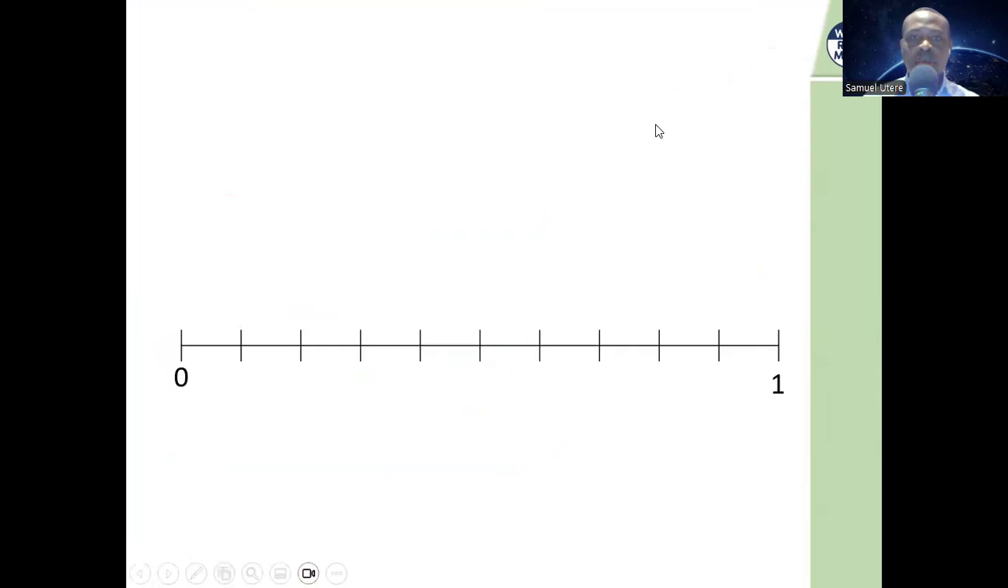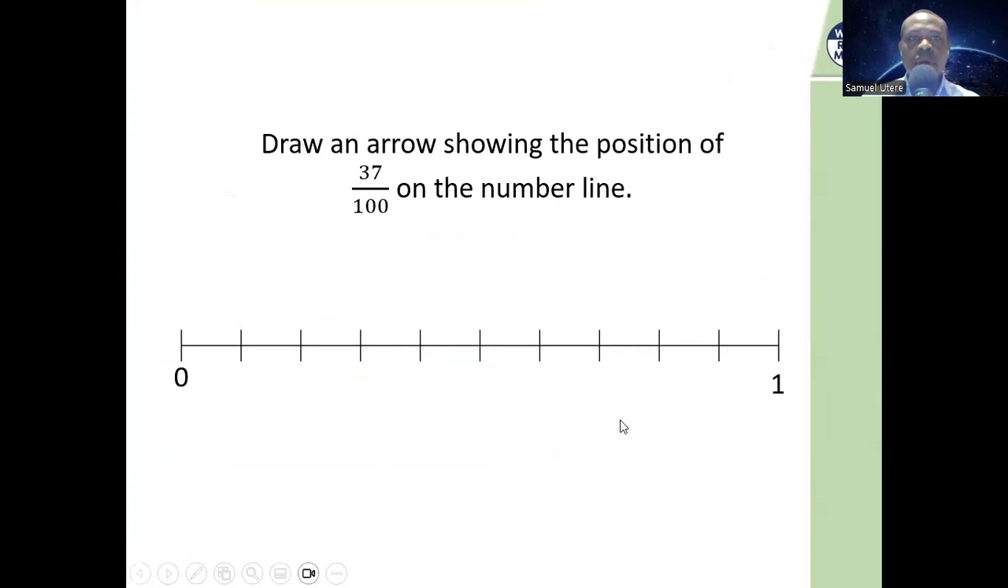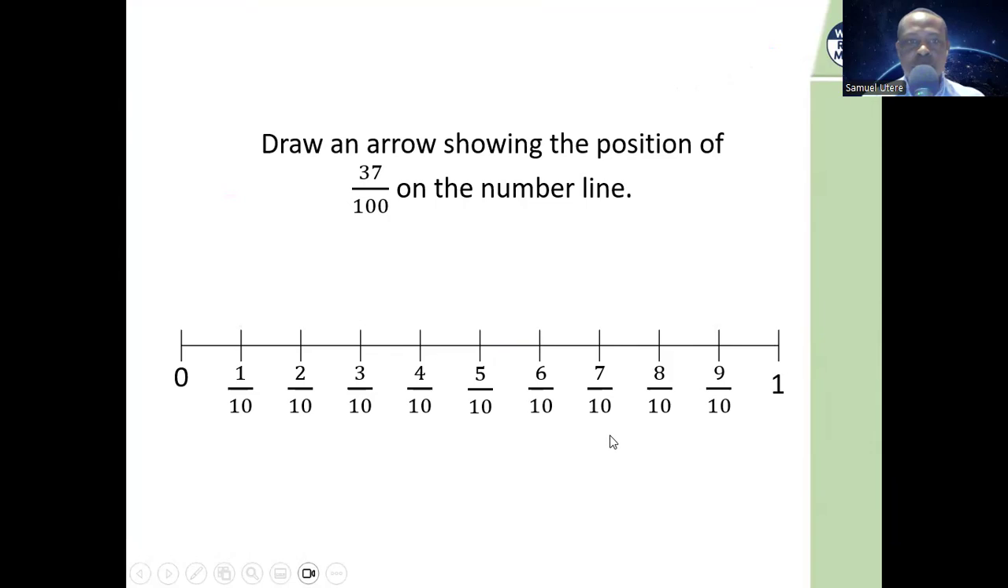Here is another example. How would you draw an arrow to show the position of 37 hundredths on the number line? Well, we can do that first by putting the labels on the number line. So by now, we know how to put labels on the number line. We know that 3/10 is the same thing as 30 hundredths. If you remember your knowledge of